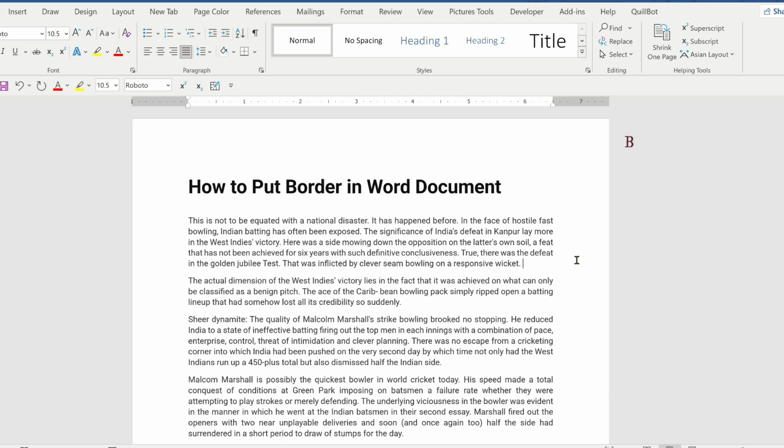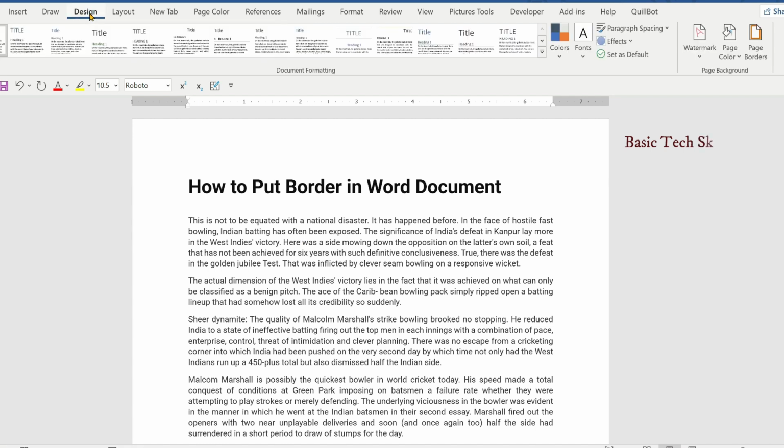In this video, I will show you how to put a border in a Word document. This is very simple and easy to put the border in the Word document. You just need to go to the Design tab, and on the right side you can see the page